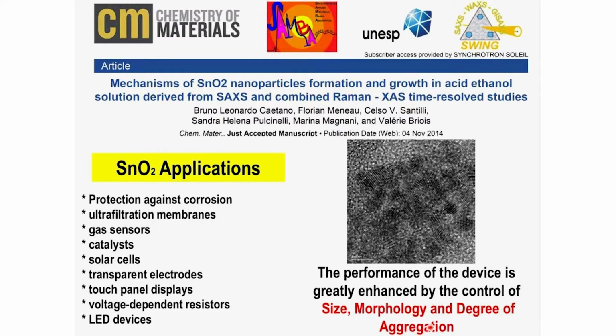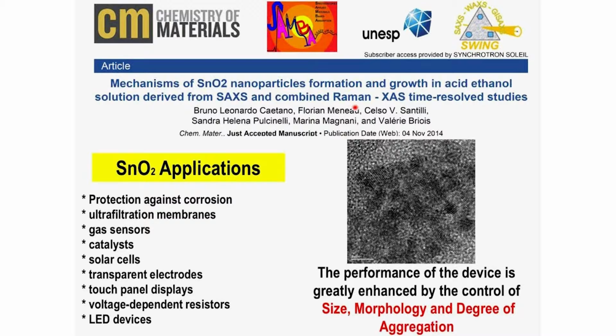And in order to improve our knowledge of the mechanism leading to the formation of these tin oxide nanoparticles, we carried out a complementary structural characterization using complementary techniques with a very high time resolution. These techniques were small angle X-ray scattering, X-ray absorption spectroscopy, and of course, we combined the X-ray absorption spectroscopy with Raman